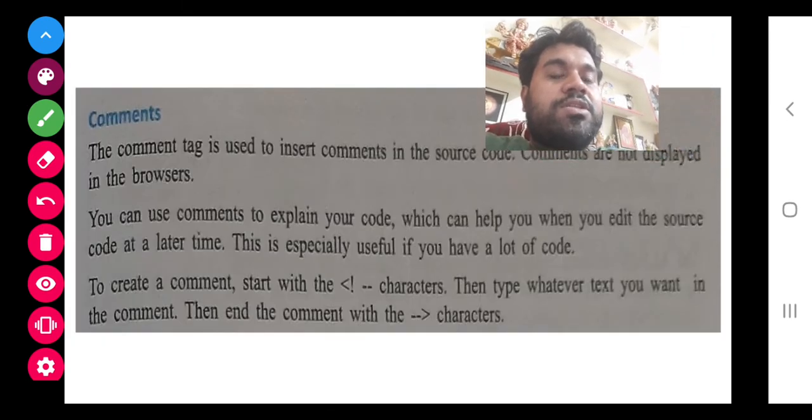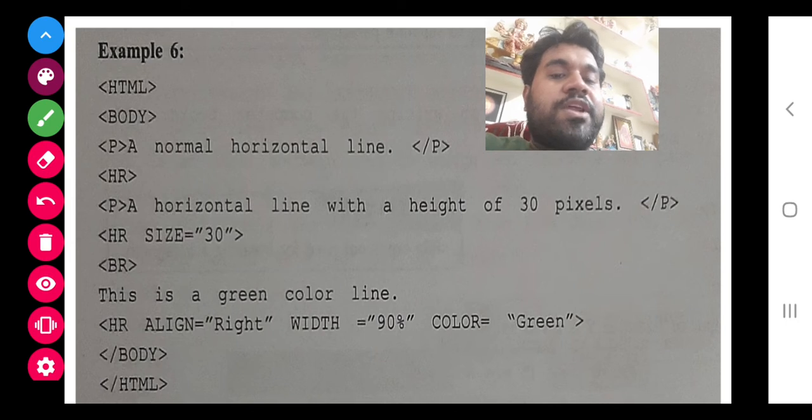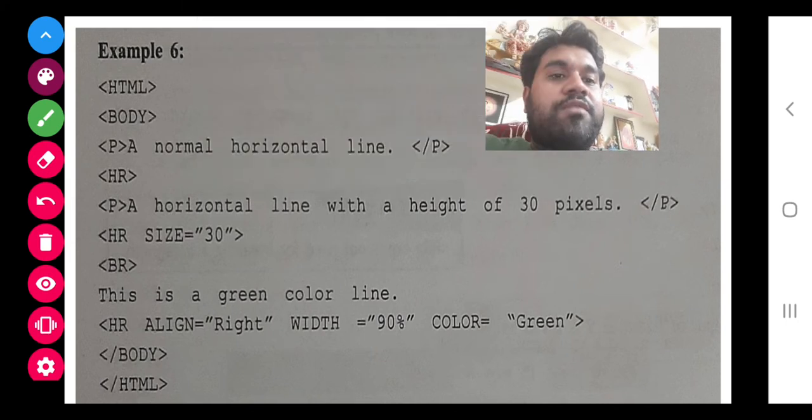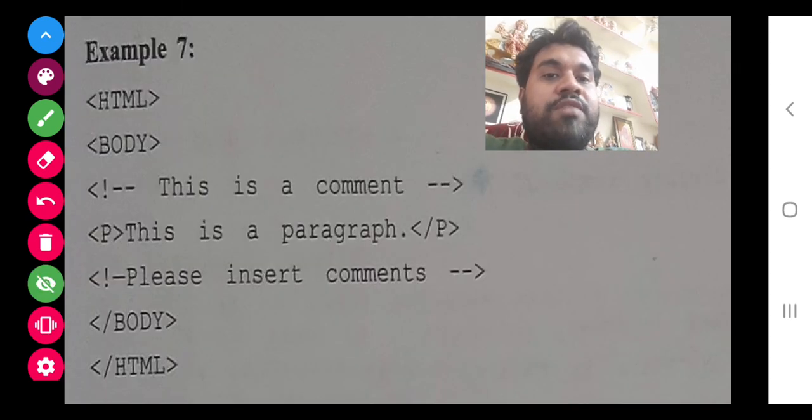Now class, the last section of this is applying a comment. A comment is something which is not a part of the source. Whatever you have written here is part of the output, and whatever you have written here is part of the output.